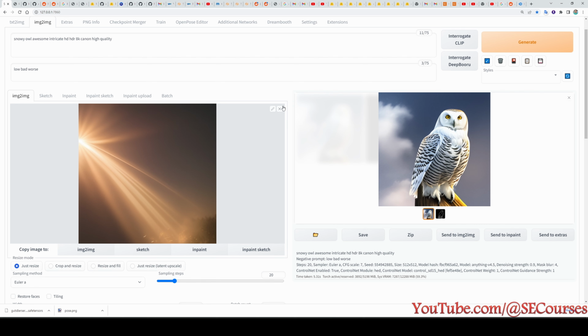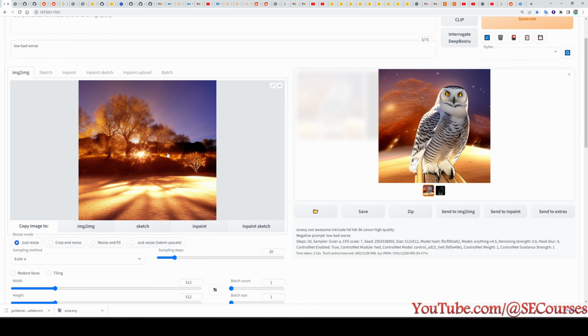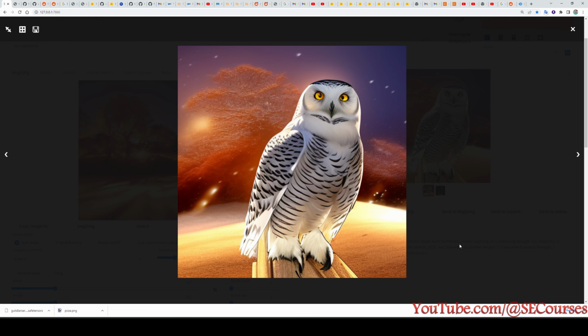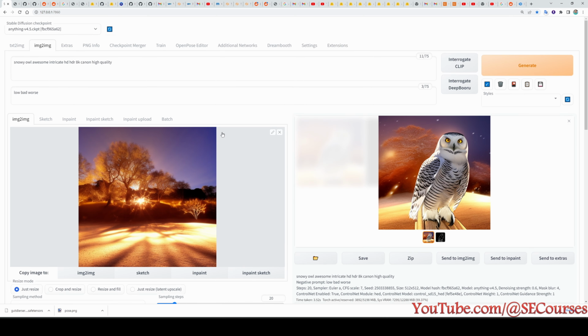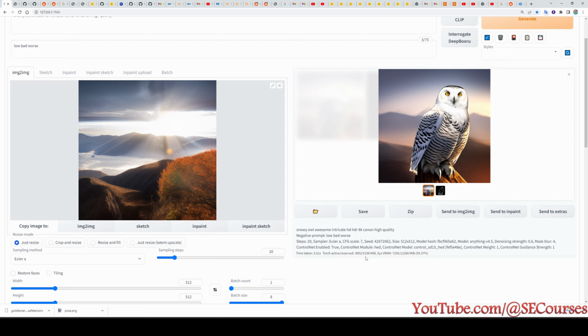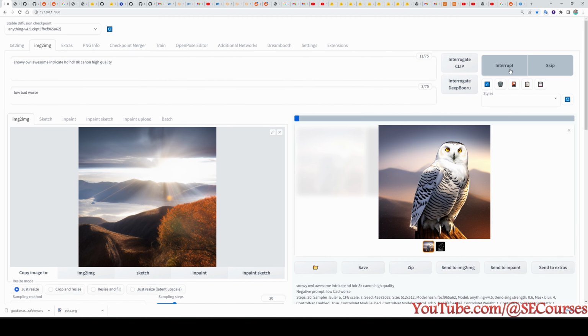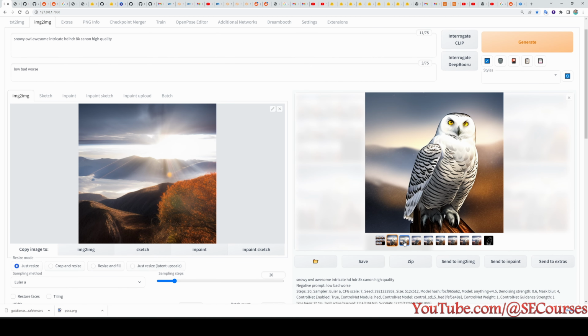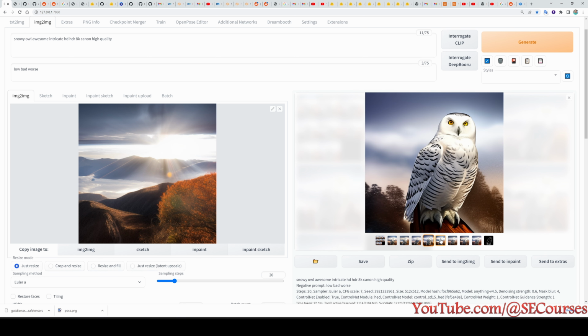Let's also try some other image backgrounds. Okay, with this image and 60% we got this awesome beautiful image, a very good mixing. Or this image and with 60% we got this mixing. So you see, you can also generate multiple images to get the good ones. Like I have generated 8 images and I can pick the best one that I like.